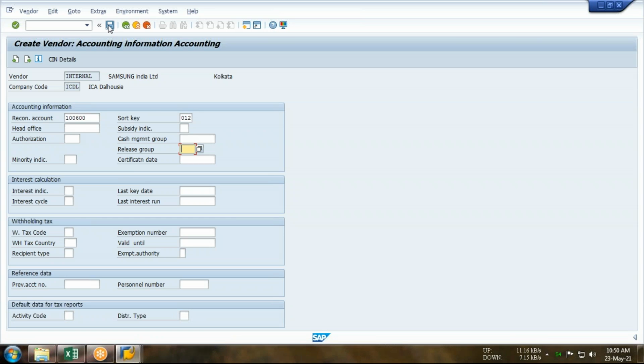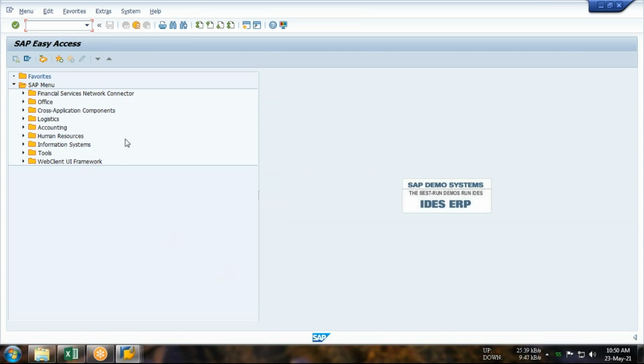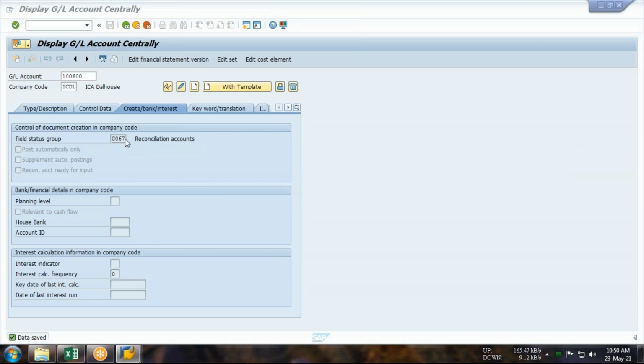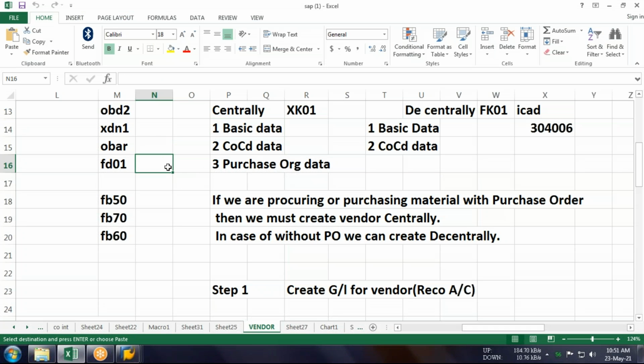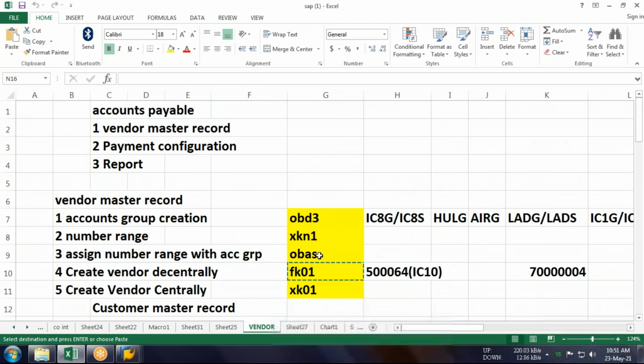Now I'm going to save it. Oh, okay, 3,20,000 already exists. Guys, a small change is required. It's a number range problem actually.